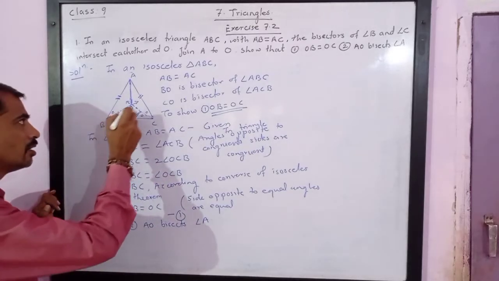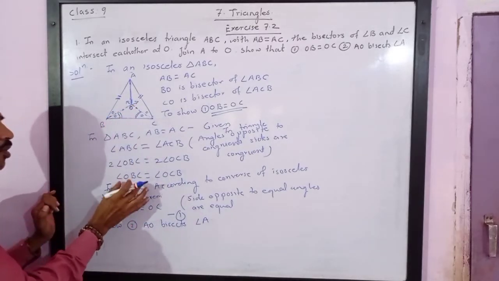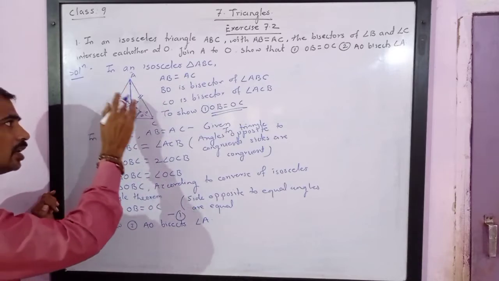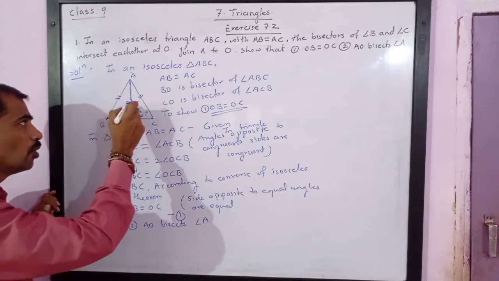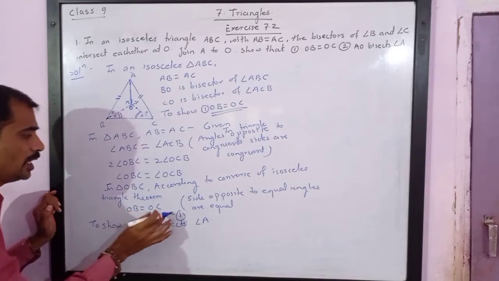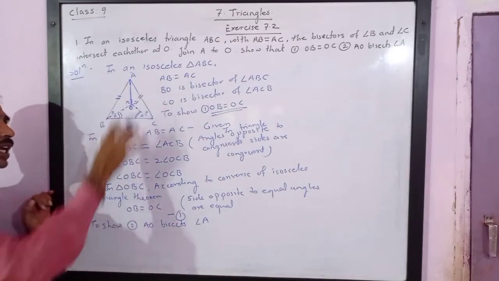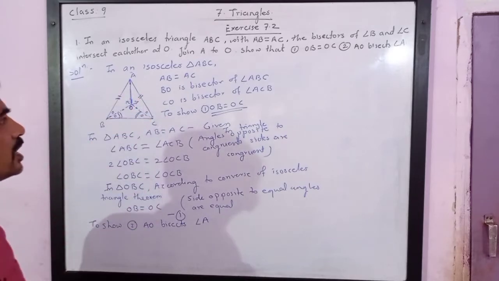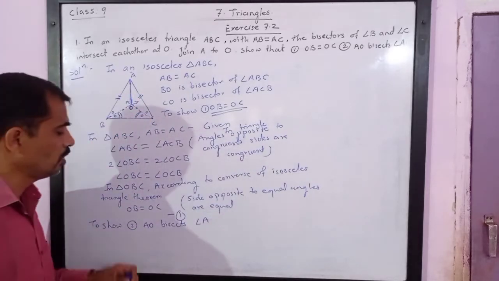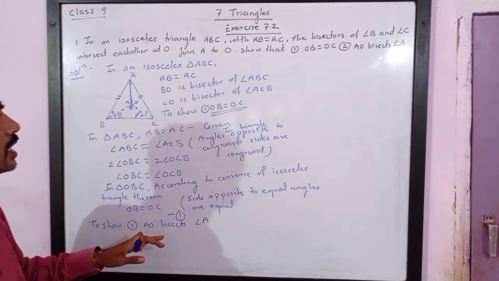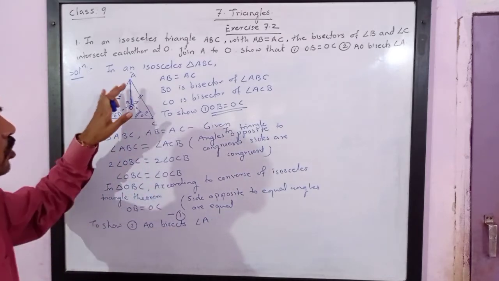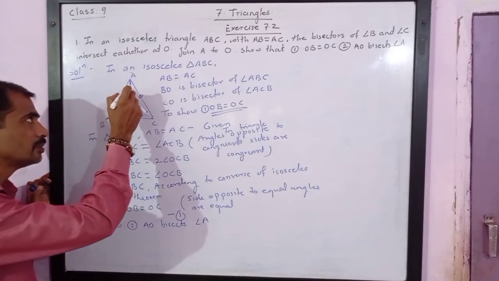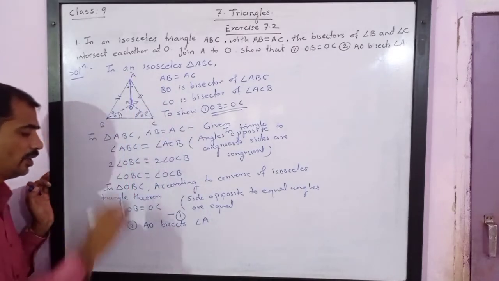Now we have just written angle OBC is equal to OCB. It means angle OBA is equal to angle OCA. And OB is equal to OC. So these two triangles are congruent by SAS test. If these two triangles are congruent, it means their corresponding sides are also congruent and corresponding angles are also congruent. So their corresponding angles will be these angles. Let us check how it will be.